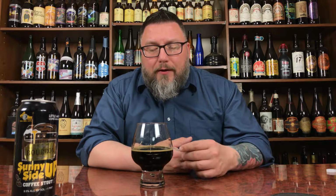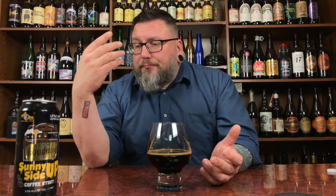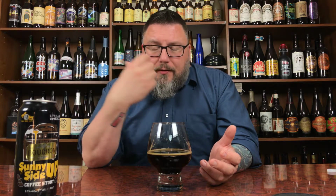So that metallic astringency, a little bit of an oily bitterness, might actually be coming from the coffee itself, and that's what's left over from it. If you've ever had greener, fresher coffee, it's kind of like that. But yeah, it's a nice beer. Tasty. It has that little bit of a metallic astringency, but at the same time,